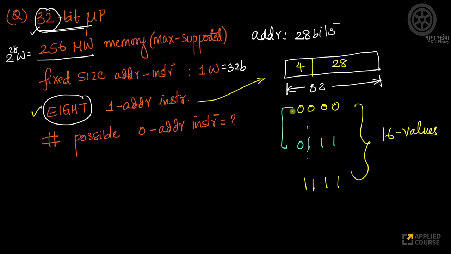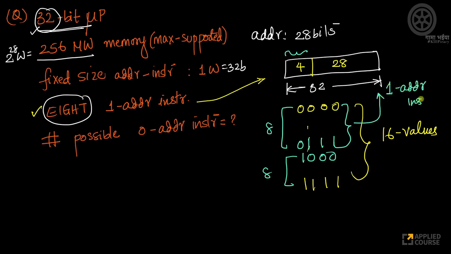So from 0 to 7, these are 8 values. Then from 8 to 15, these are 8 distinct values. The way we'll use it is if the first 4 bits are between 0 to 7, then it is a one address instruction. So we can make our control unit first read the first 4 bits. If the first 4 bits are between 0 to 7, or 0000 to 0111, all the values in between,